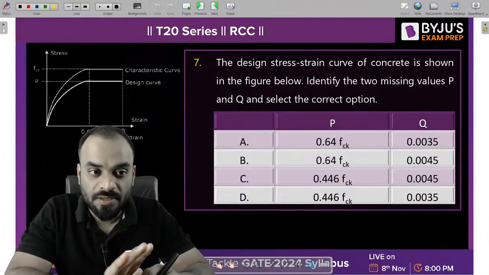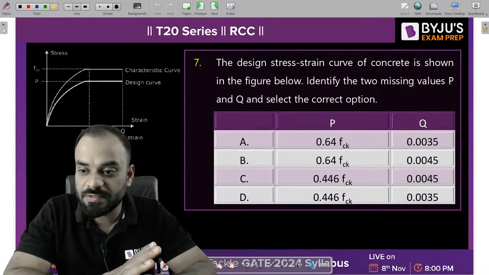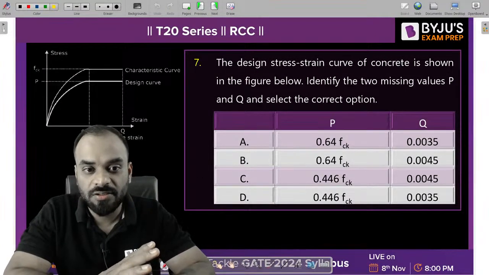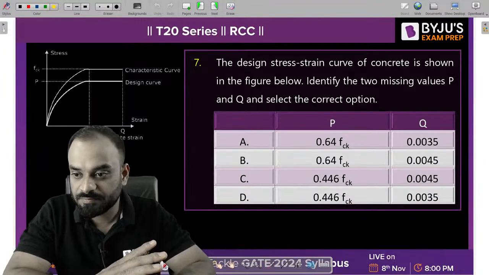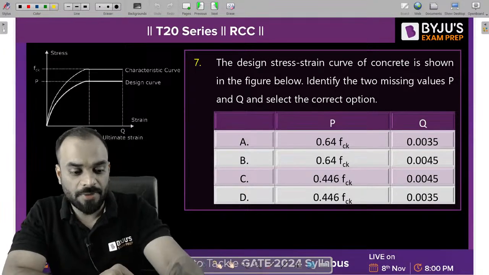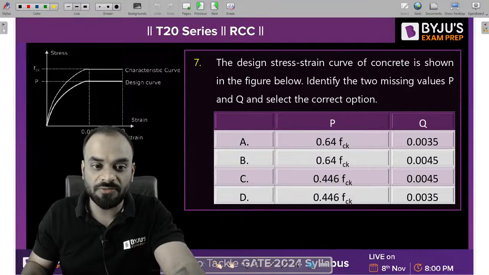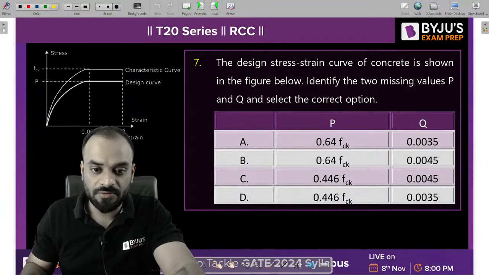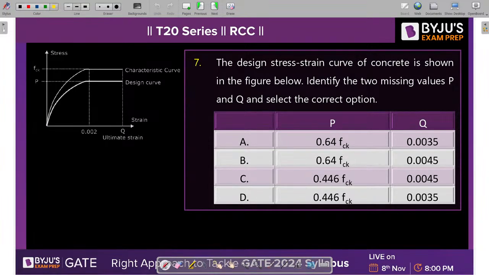Clear? Next question in front of you, guys. Kindly see the graph and then put your answer. I'm hiding myself temporarily so that you can see the graph easily. So kindly see the question, guys, and see the graph properly and let me know the correct answer.